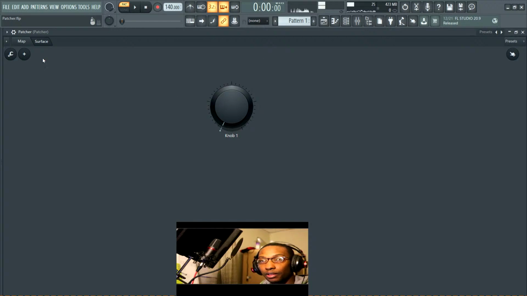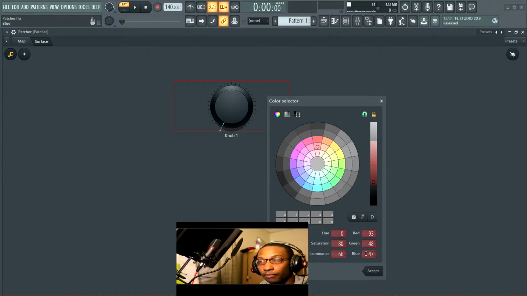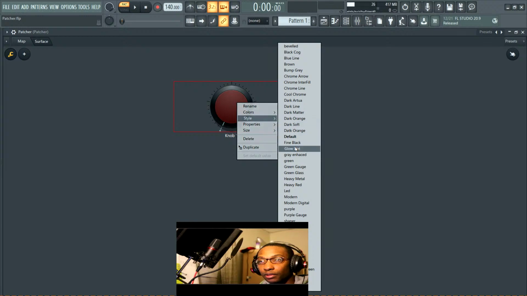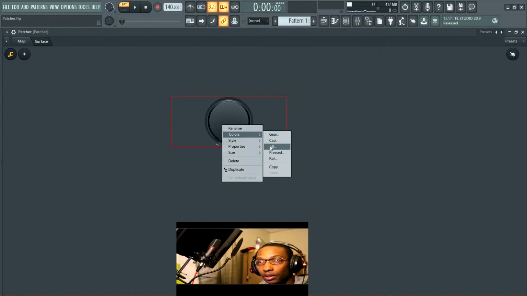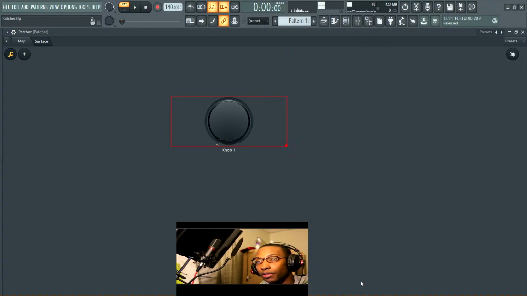You can change the colors and the shape. So I can make something like this. I can change the style of it, the way it looks. You can change the fill color even. So if I wanted to do something like that, then let go of it. As I turn the knob,